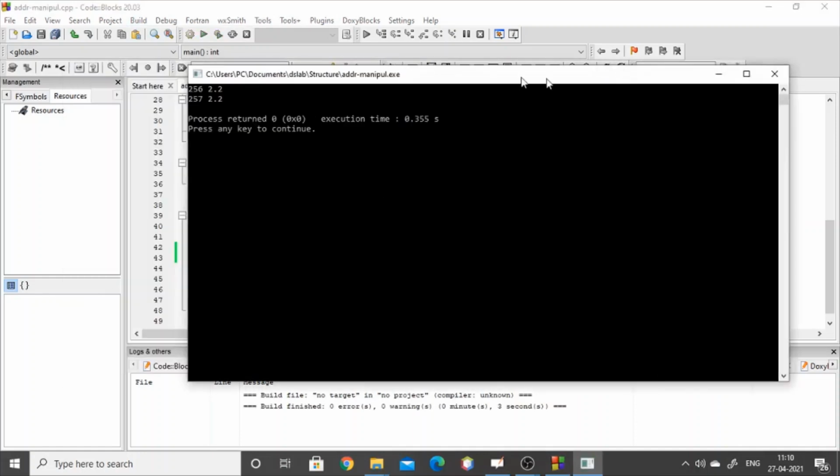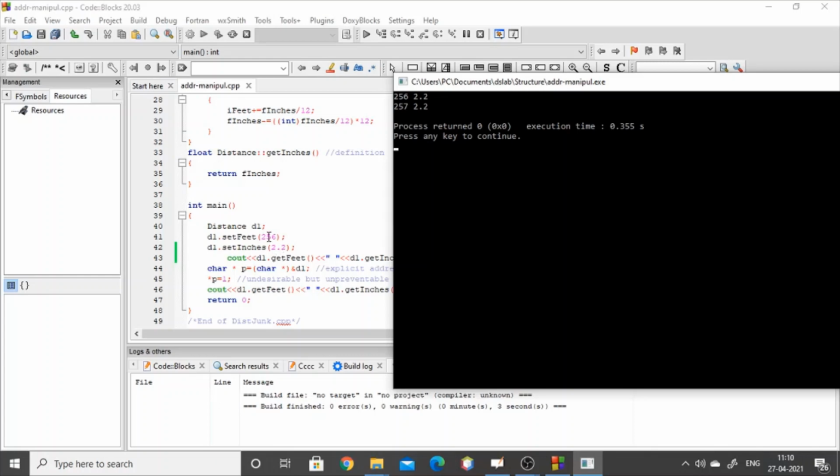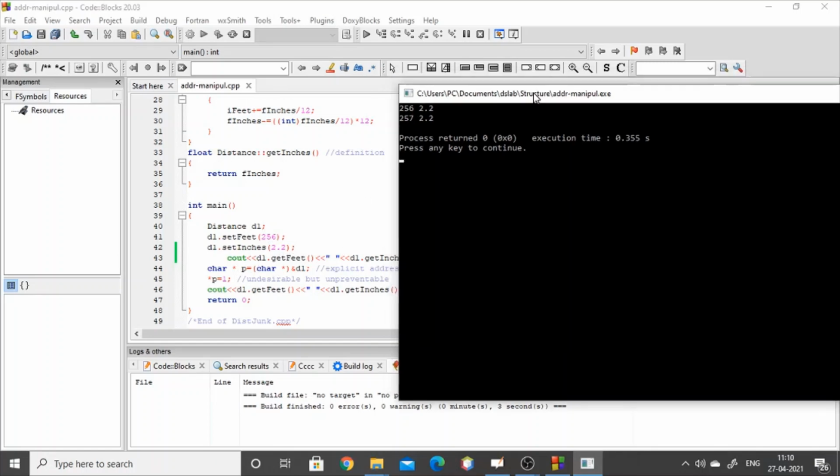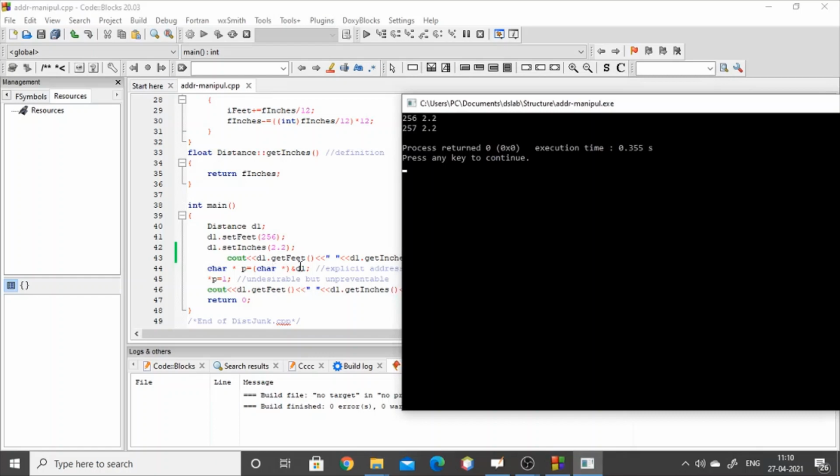You can see over here, initially I just printed, so 256 will be printed and 2.2 will be printed. Next, I took a char star pointer, and whatever your object type is there, I did the explicit address manipulation. That is, integer, I typecasted into character type, and that is stored in the char star p, and then I made star p equal to 1. Since it is 1, it is getting 257.